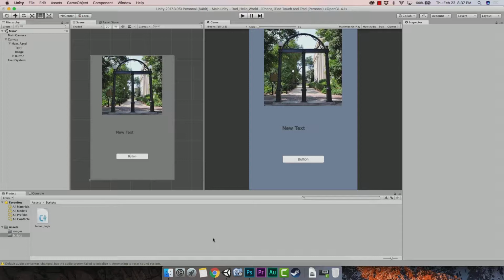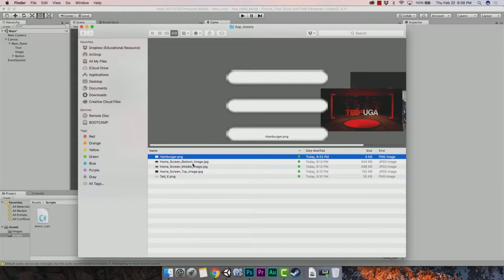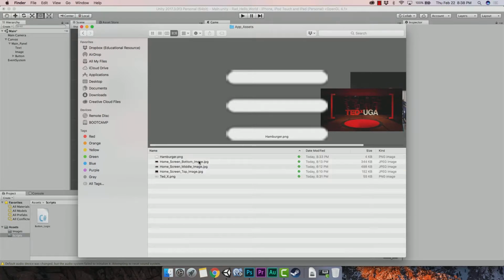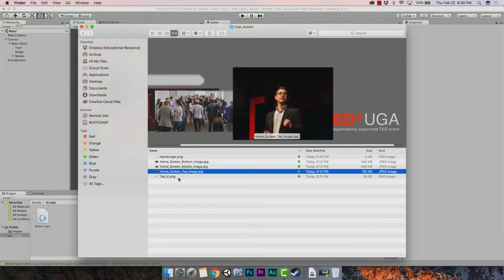Once you unpack that, you're going to have a lot of image assets, and also there should be a script folder and another link too. So this link will just be for the image assets. Now I'm going to walk you through what I do when I'm building apps. I'm going to go ahead and go to where I have these. So far you will probably have more than this, but right now I've only got these. These are all the images that I'm using for my home screen. And some of these you'll see are JPEGs, some of these are PNGs, and we can scroll through these and you can see that I